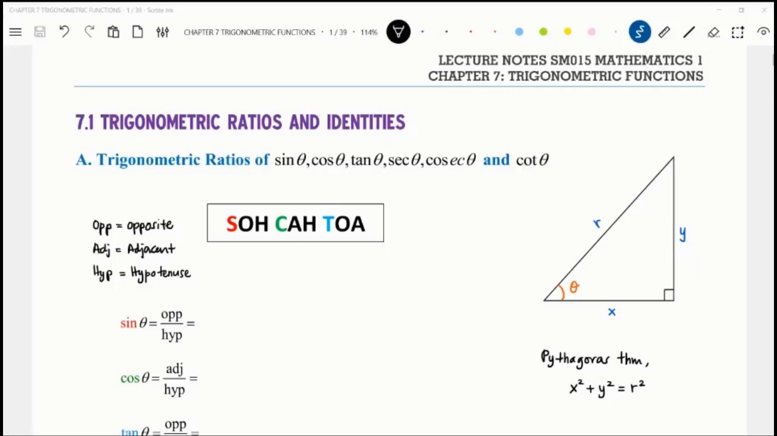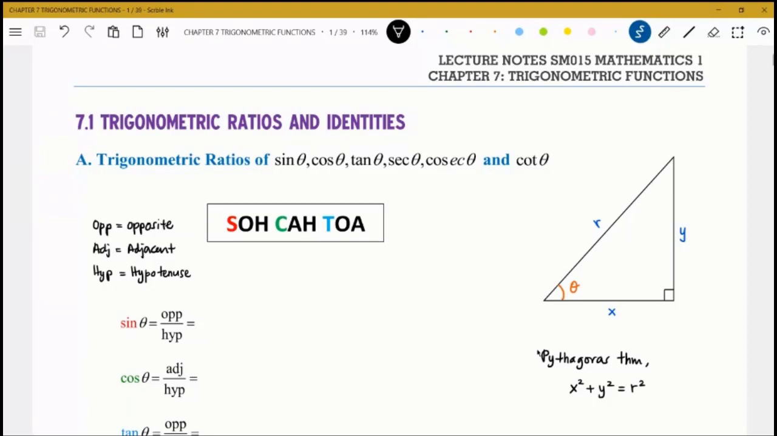Alright, okay, so today we continue with a new chapter, which is chapter 7, Trigonometry. We're going to have 5 parts for chapter 7. For today, we go through 7.1 first, the basic concept of trigo. As you can see, we have the trigonometric ratios and identities. First thing first, we need to know how to find the ratios of sine, cos, tangent, secant, cosecant